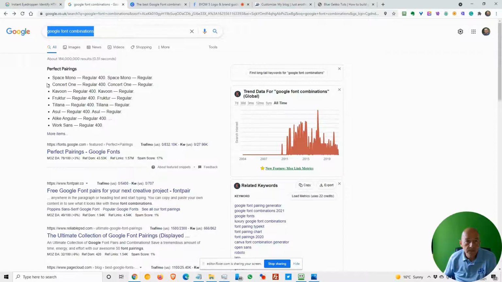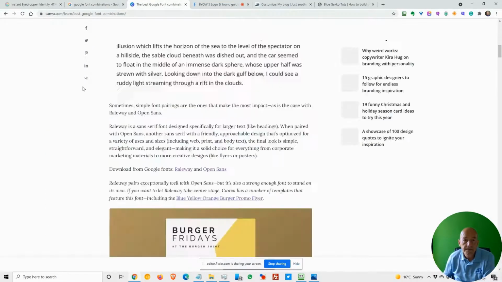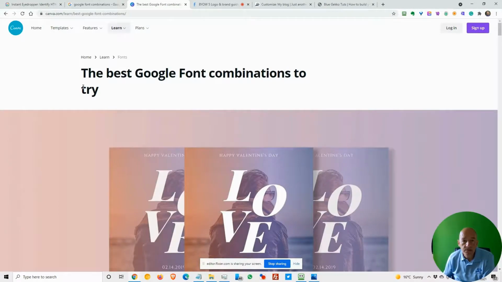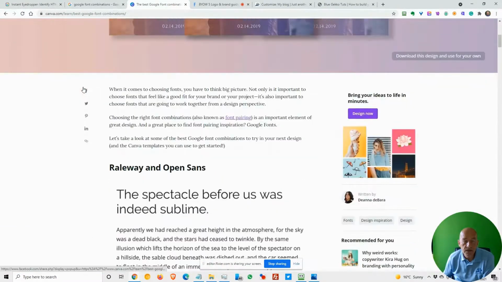We are Googling Google font combinations because Google provides Google fonts, and they're an excellent free resource for you to do that. So you'll find articles like this where it says the best Google font combinations to try, and